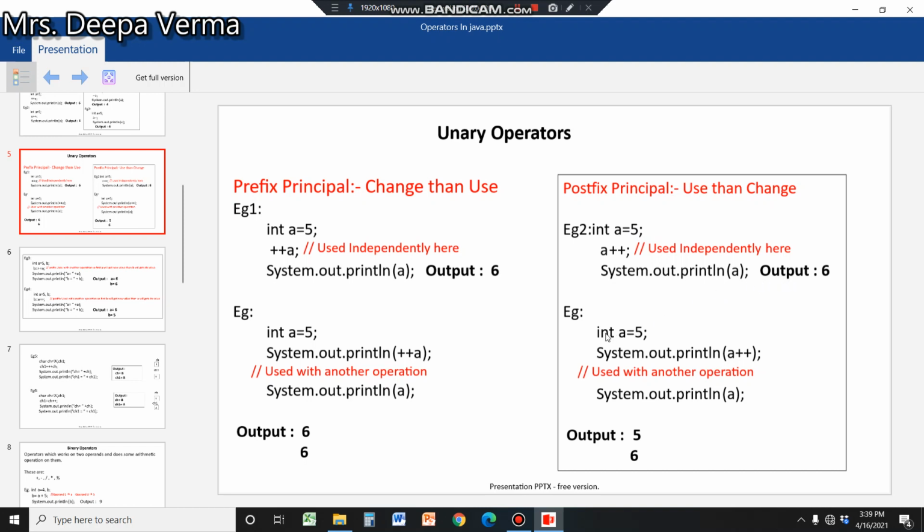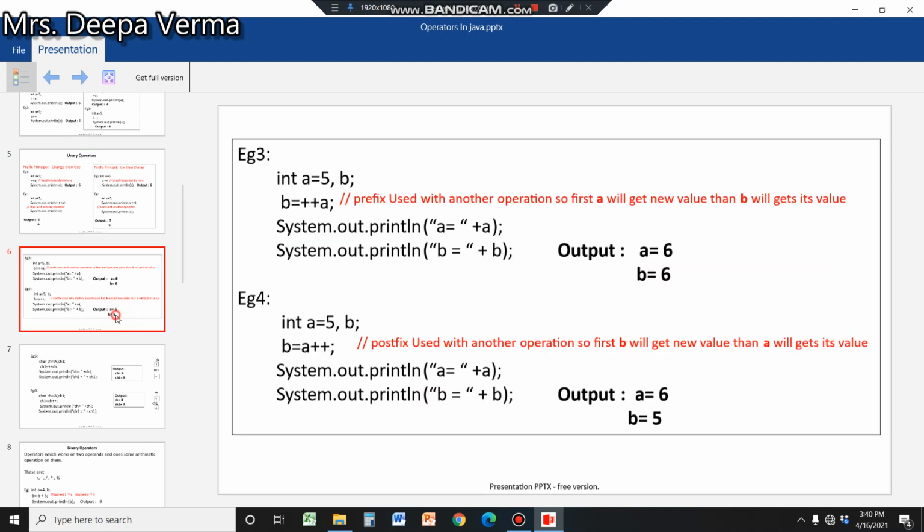Now next example you see, where in the first line it is 5. In the next line, when we use the postfix operator with the print statement, what happens here? First it prints, then it increases or decreases the value. My line is important. Once more I am repeating. First it will print the value. You can see 5 has printed and then in memory it has become 6. So when we are printing in the next line, the same thing, it will become 6.